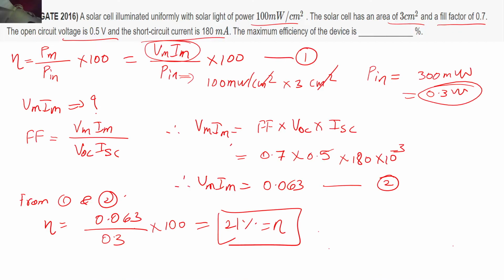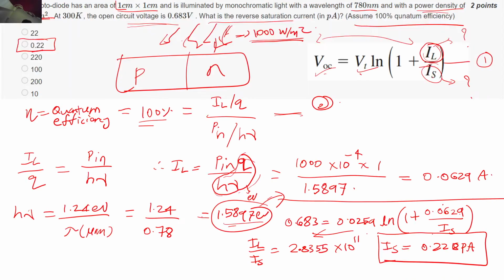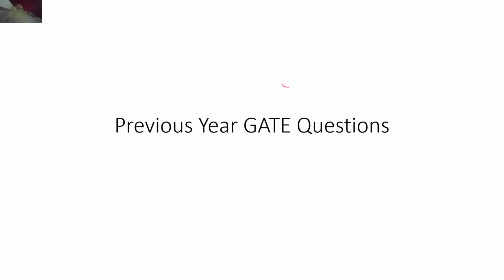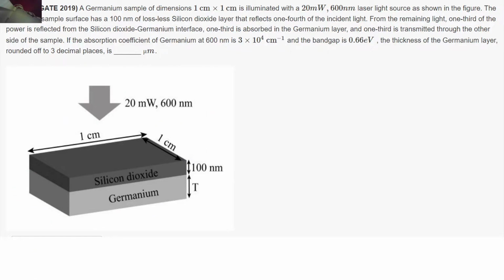If you just want me to check it, then let me go back myself. Let me check it. Where was that IS numerical? Yeah, see, the saturation current in picoamperes was there. It was 0.22 picoamperes, right? And IL was around how much? 0.0629. So it's around 62 milliamperes, and this is 0.22 picoamperes. So there is a huge difference over here, and you can easily ignore this factor of 1 actually. So that is what exactly I have done over here, and I hope the question was clear. I will move ahead with the next question.